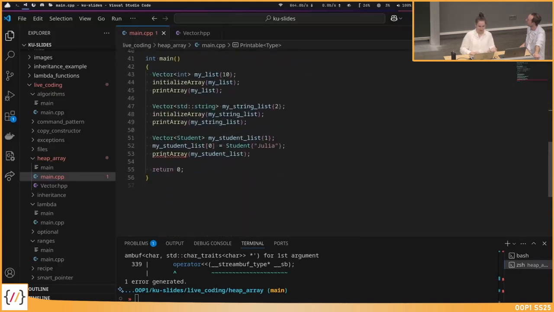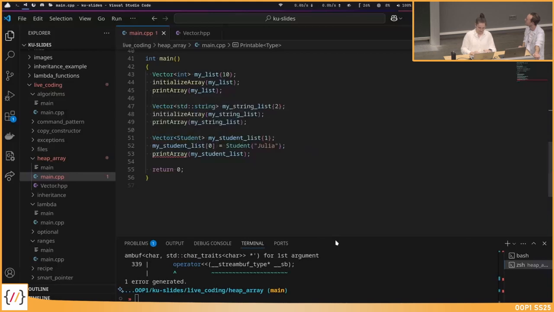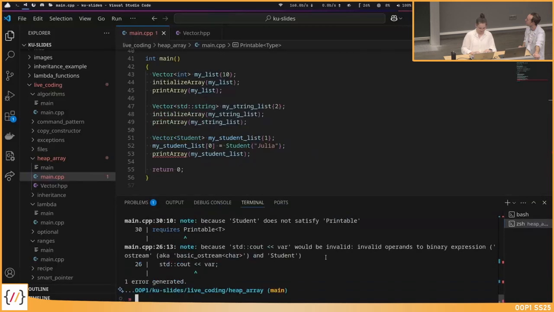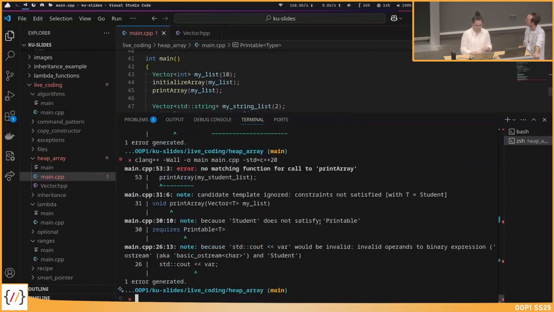Okay. And now we also see the error in Visual Studio Code. So: no instance of template print array matches the argument list. Okay. Maybe let's also check it here. And yes, the error is way shorter. We just see no matching function called print array